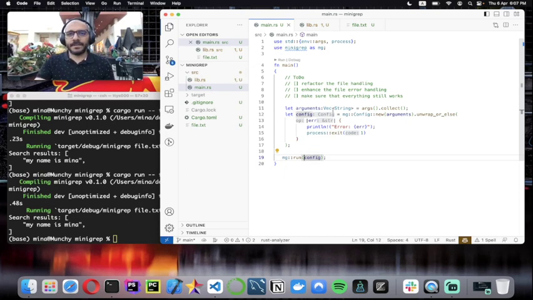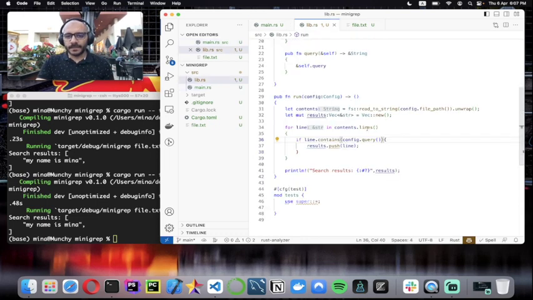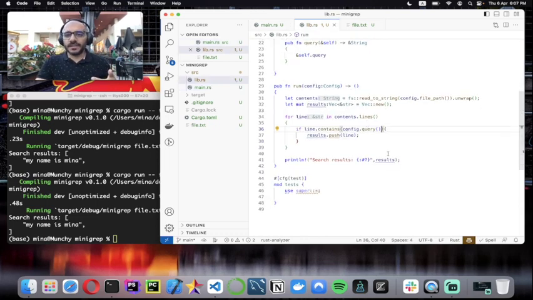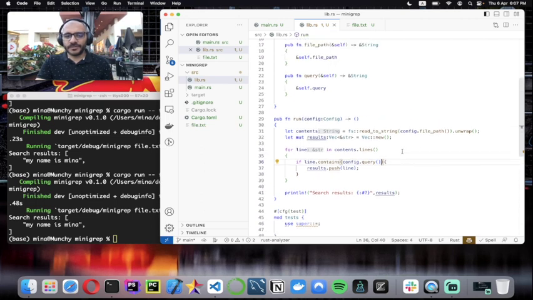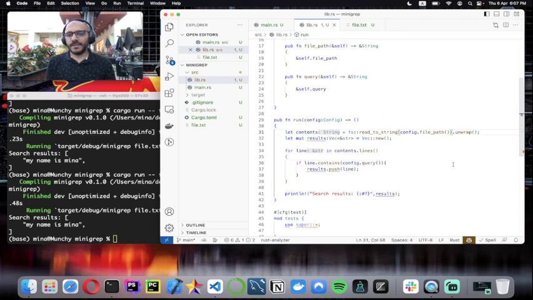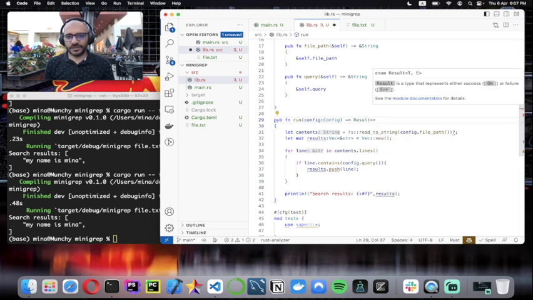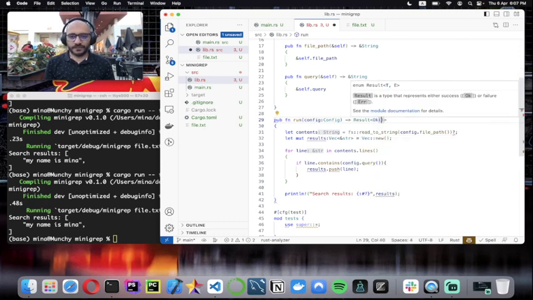Okay, so this is somehow enhanced. And then I need just to adjust the error handling. The error handling part here, instead of unwrap, I just use the exclamation mark for error propagation. And here I will return Result Ok of unit, and the other thing is, yeah, I will use